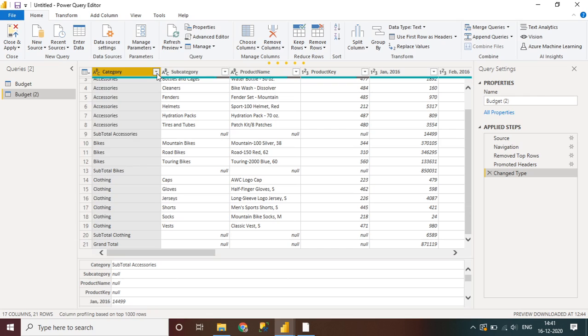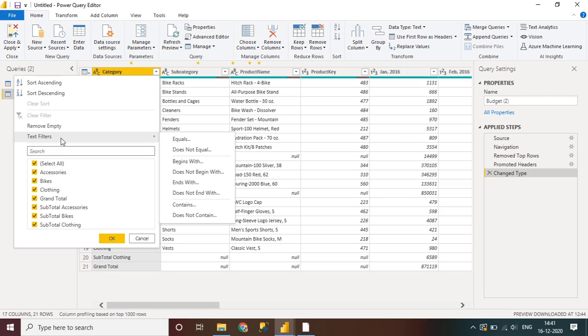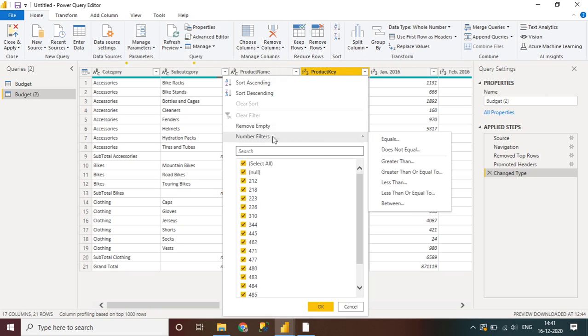So you need to left click on it. You see here is an option to sort your data in ascending and descending order, and also you can filter the data. This column has a text filter, as this column contains text, so that is why we are getting the text filter option. If you go ahead and look at this column, you will find the number filter, because numerical data is present in this column.